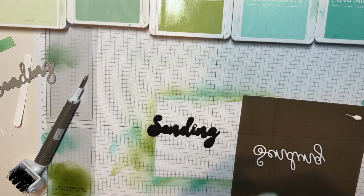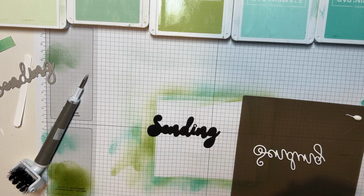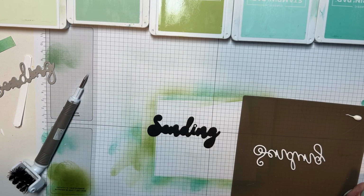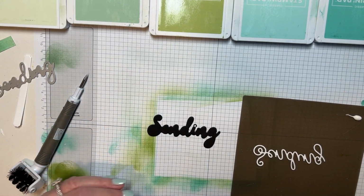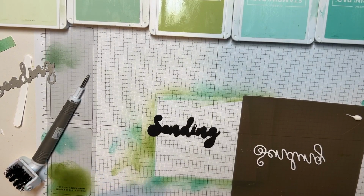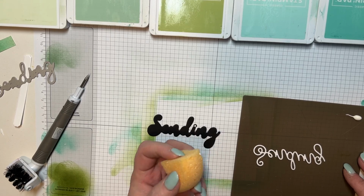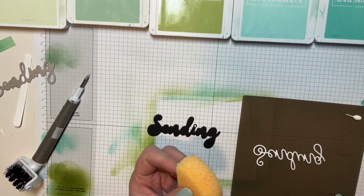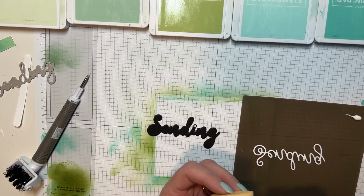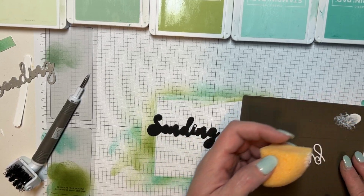Now you can take your glue and you can go like this and glue how you want. You can buy the fine tip, or you can just be cheap. So I have a sponge that used to be round. I just cut it in fourths, and this is my glue sponge. It doesn't really ever dry. It kind of stays sticky. So I'm just going to dab this in here,